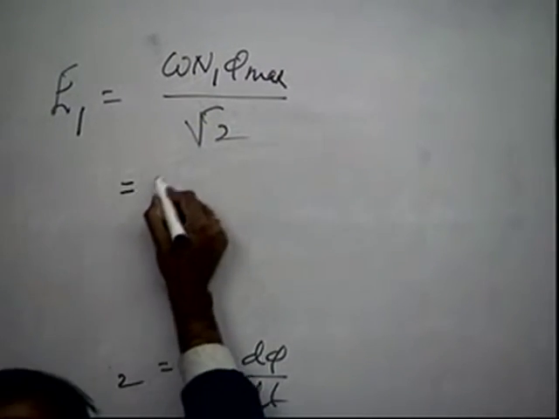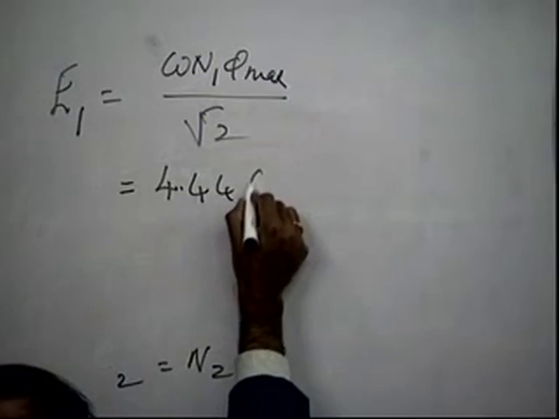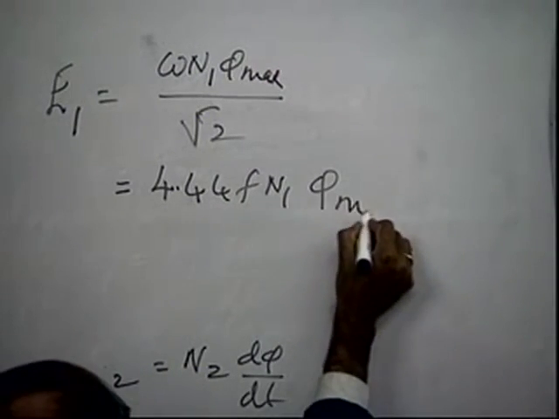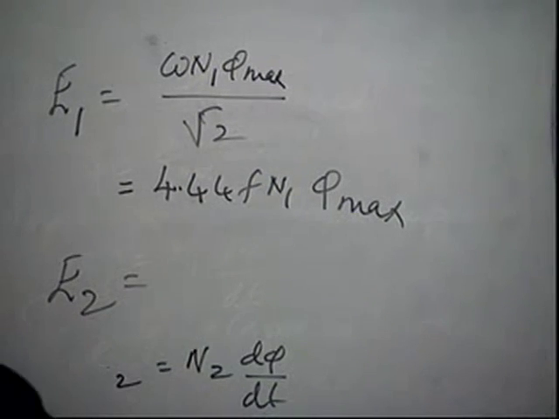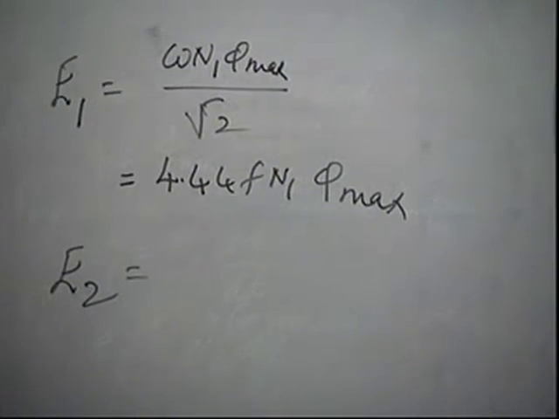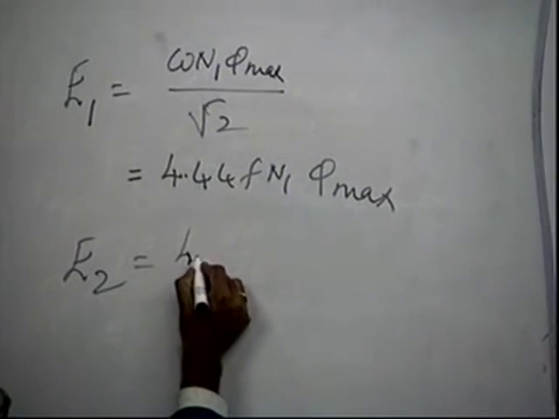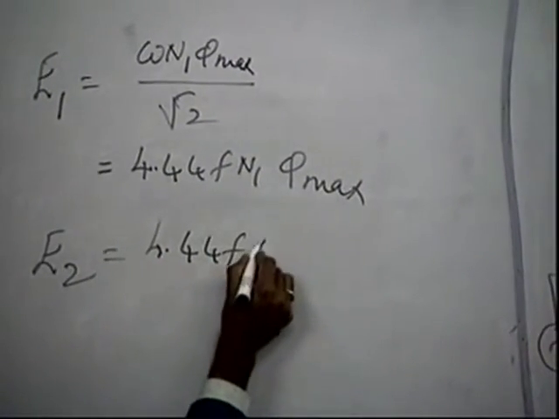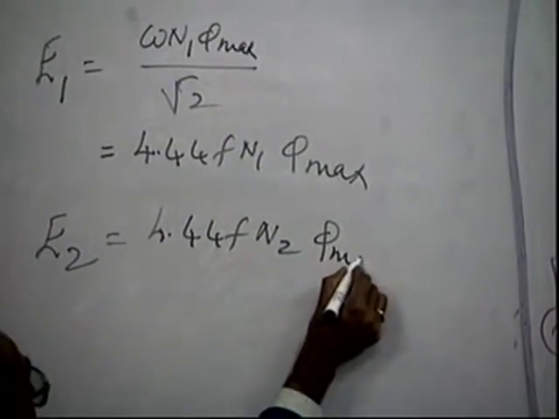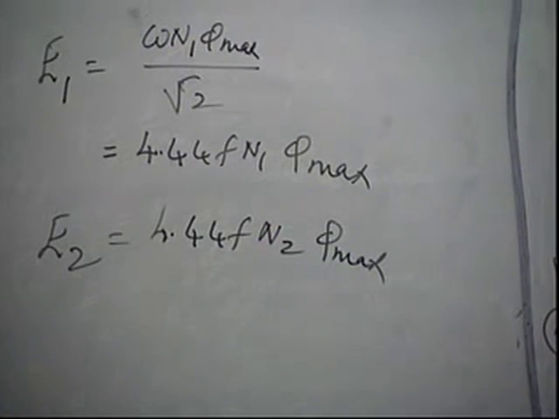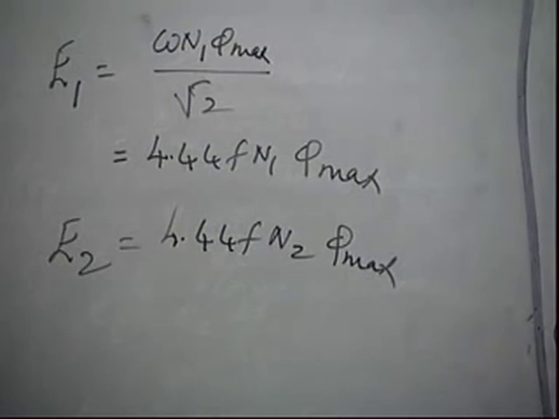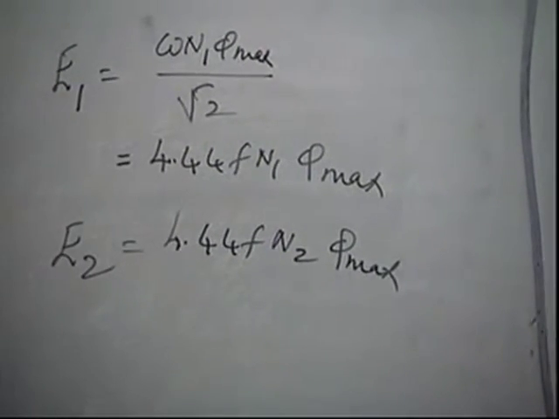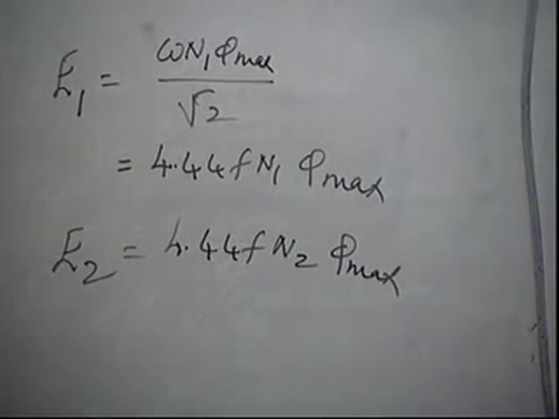This is nothing but 4.44 F N1 phi max, and E2 is 4.44 F N2 phi max, because the same flux is linking both. We are neglecting all leakage fluxes and everything. Same flux is linking both. At this point, just blank out everything else and assume there is a common flux linking both